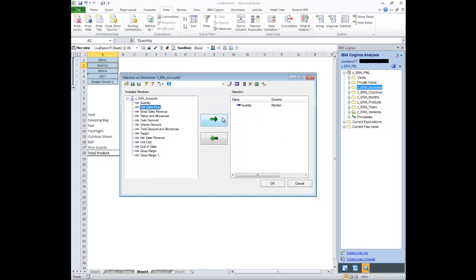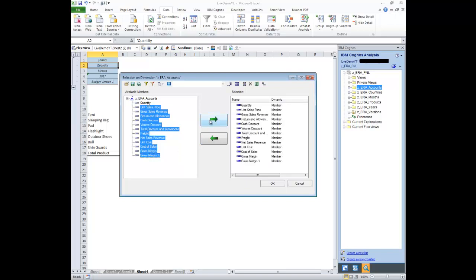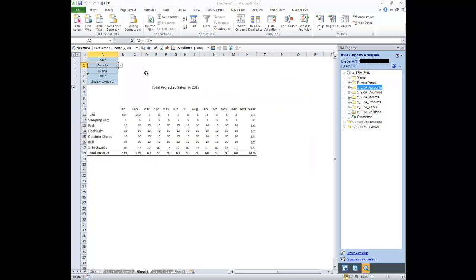You can also create a drop down. So let's say I add the rest of my items or the rest of my accounts. I'm going to go ahead and drag them over there. So now I have all of my accounts. If I click OK now, that's going to make this item a drop down, so that I don't have to either go in here, right click and replace member,